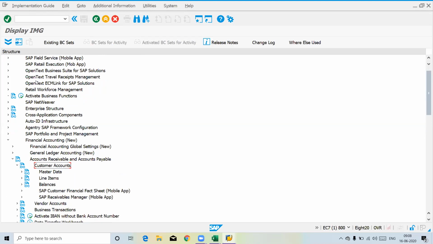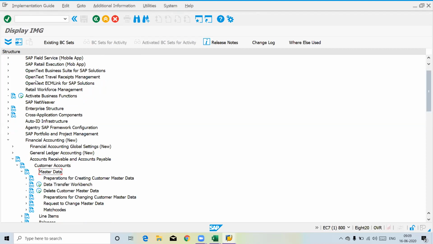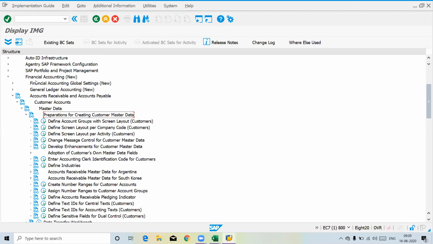You go to customer accounts, then master data, then preparation for creating customer master data. So where did we go: Financial Accounting, within that Accounts Receivable and Accounts Payable, customer accounts, master data, preparation for creating customer master data.